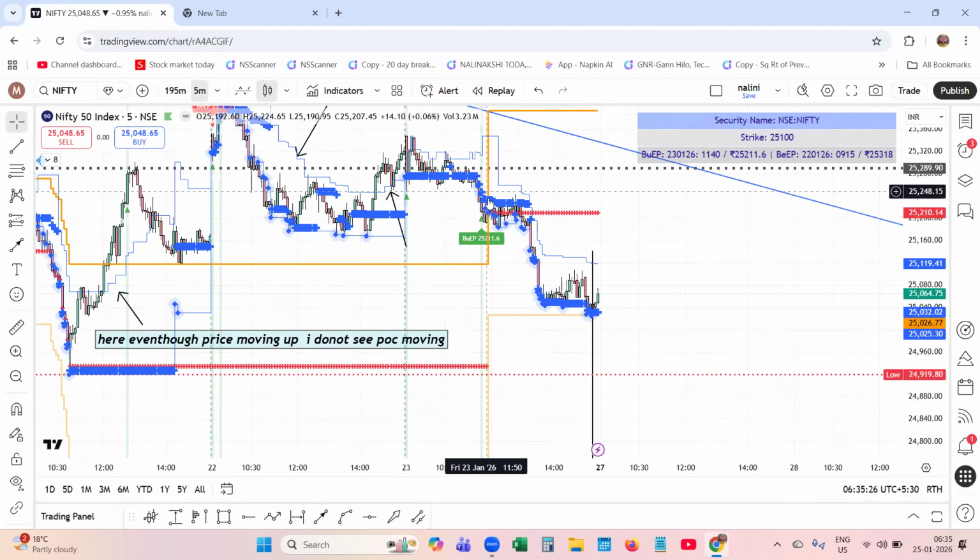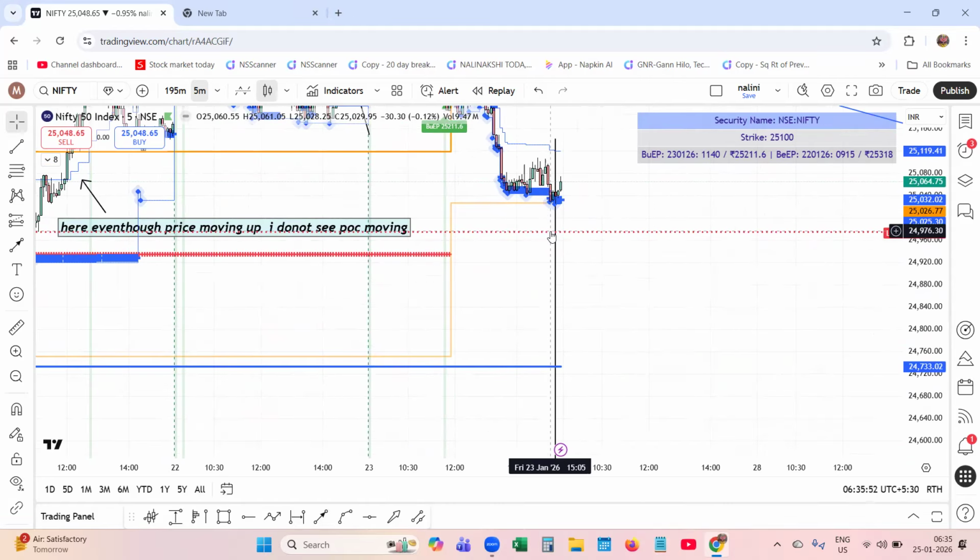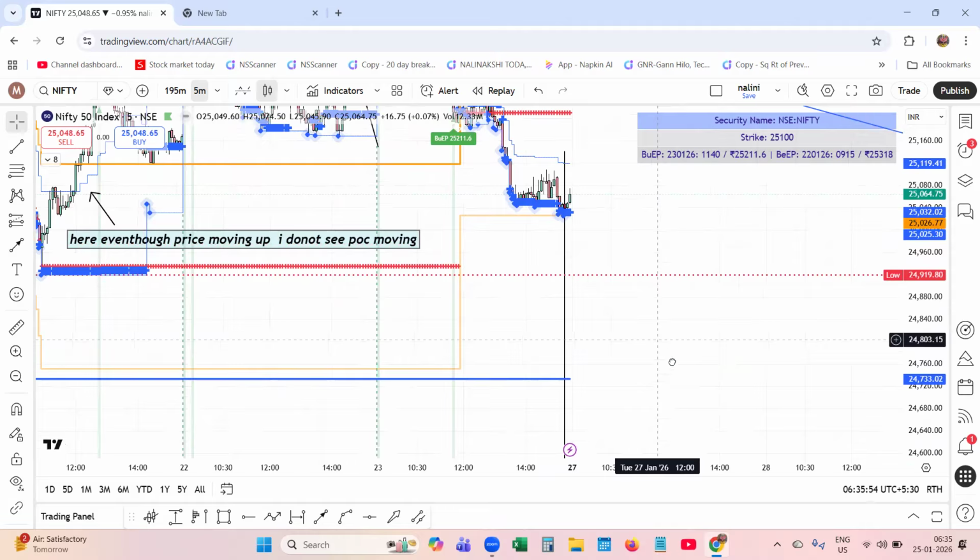Now, the price has come down and it is coming down to the area from where the price started its short covering move. We need to see whether it is not a buying response from this area. So if the price gets rejected from this area and starts moving down, we can see Nifty going down still further.